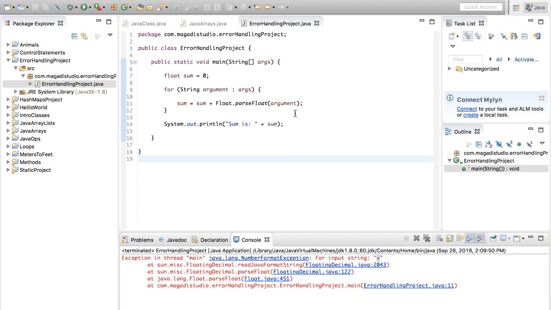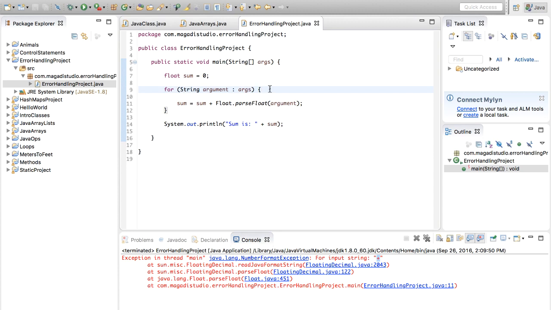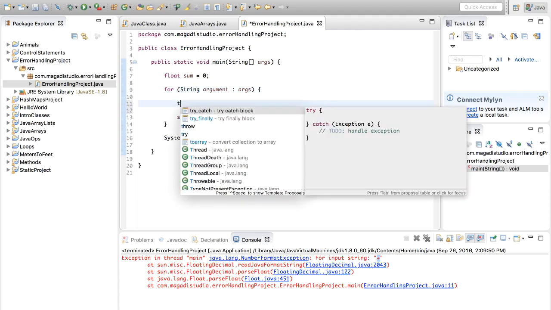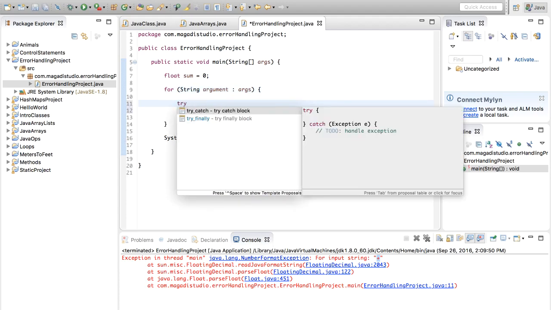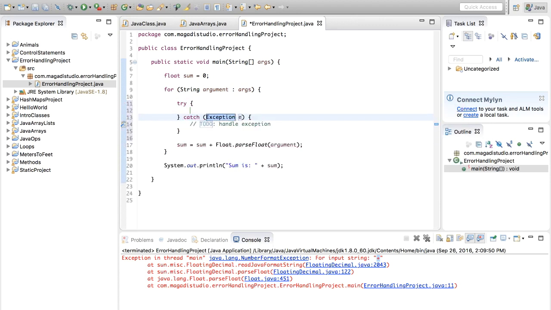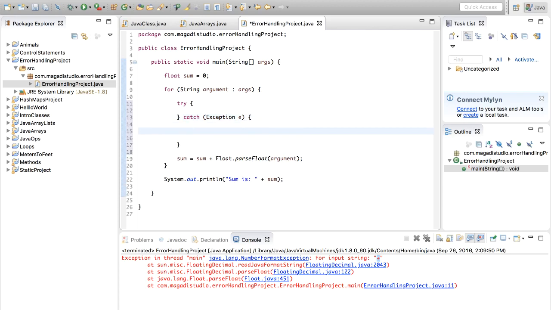Well, there's this thing called a try-catch block. What a try-catch block is, it's essentially a way that Java allows us programmers to handle these exceptions. So how do we do that? We say try, and right away we have this boilerplate code here, so we can go enter. And now we have a try and we have a catch. So we are passing the exception class here through our catch, which means inside of here we can actually say